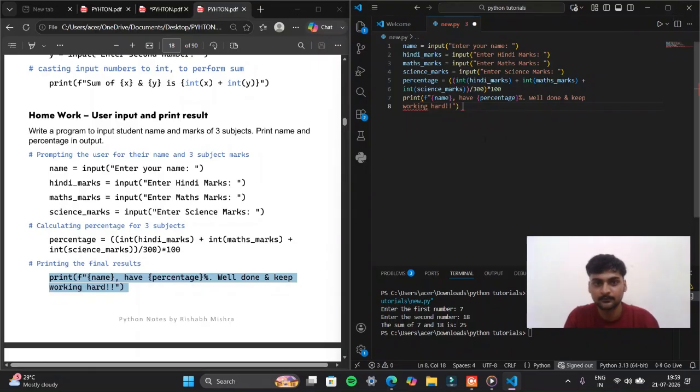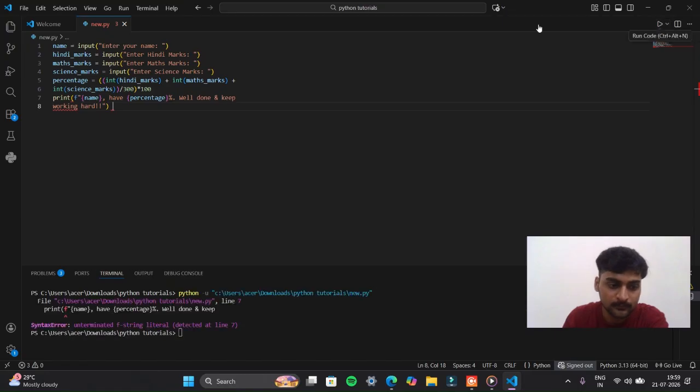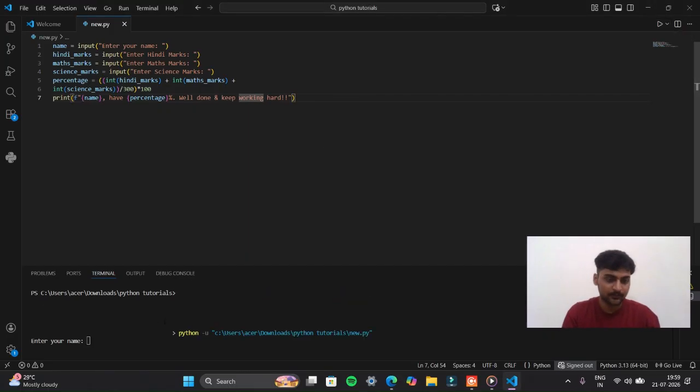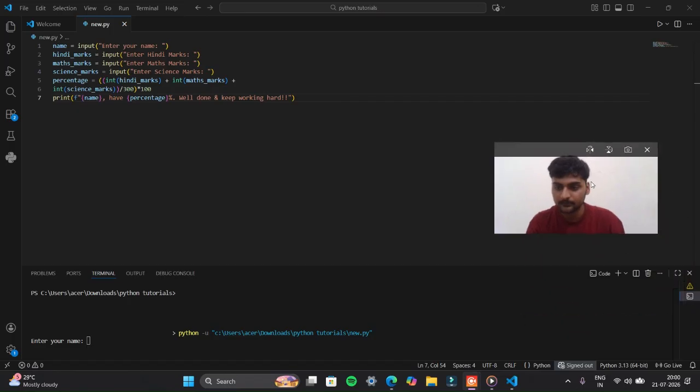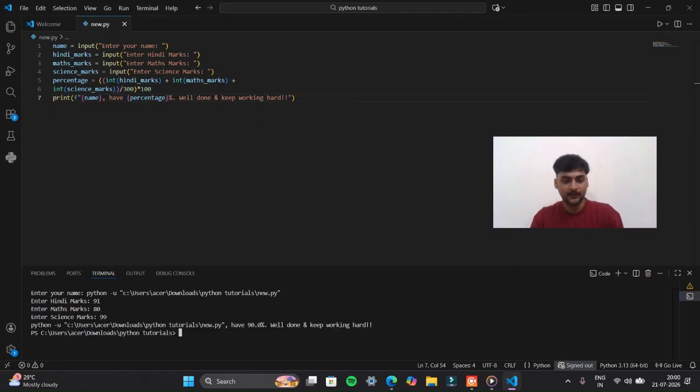So now we will run this code, and I will show how this works. So when I run this code, wait a second, this is somewhere. So here we will show, when we run this, first let's suppose I get 91 in Hindi and 80 in maths and 99 in science. So basically when we convert this,